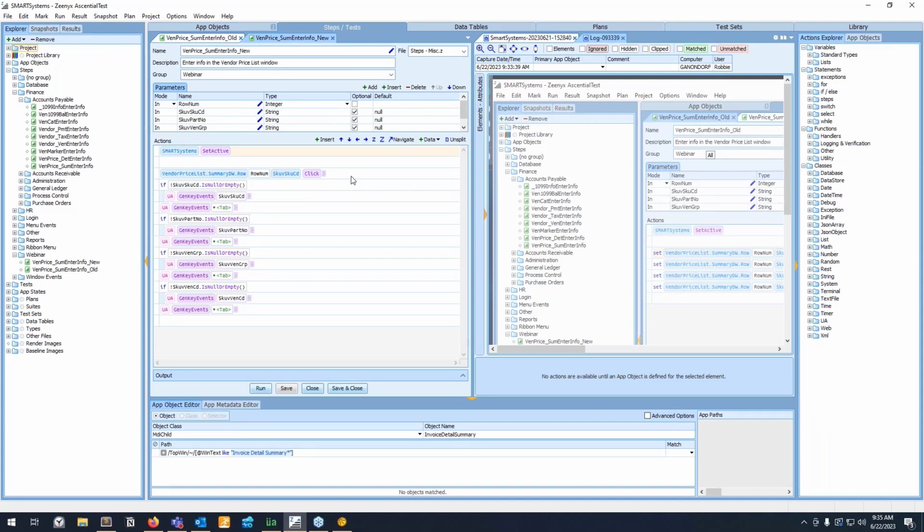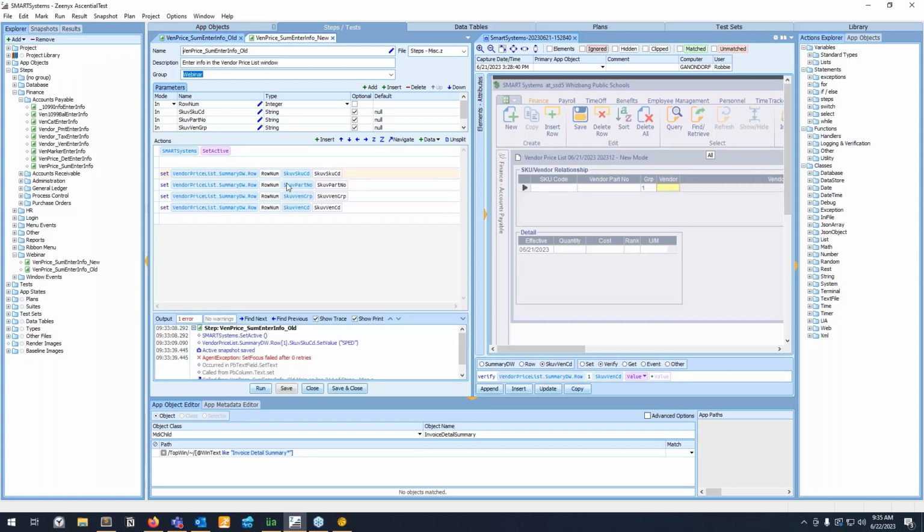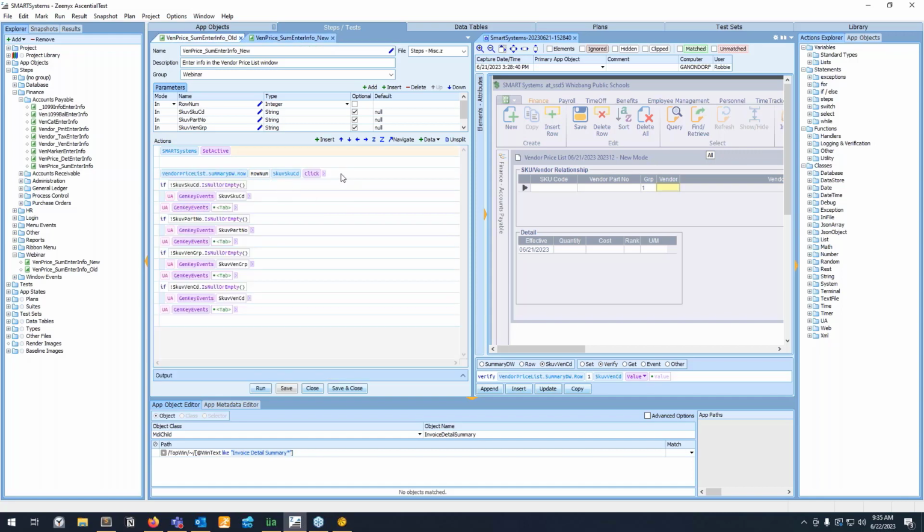So the solution that we came up with is, instead of using the test API set value, we're actually clicking into the field, checking if something was passed in, and then using the UA key events to actually type the keys into the field, and then issuing a tab to move to the next field. So if we try running this new step,